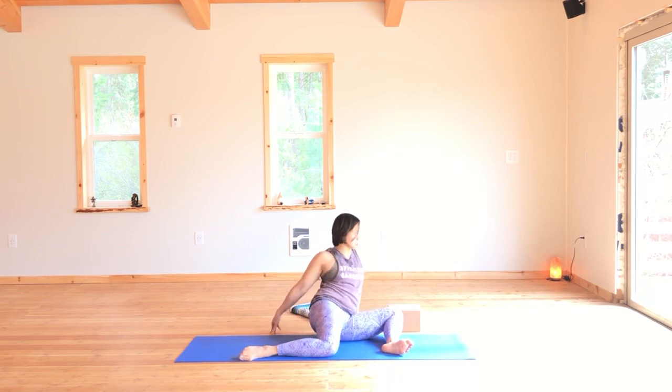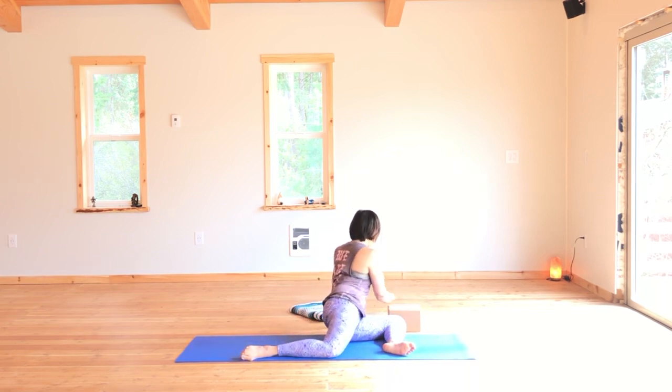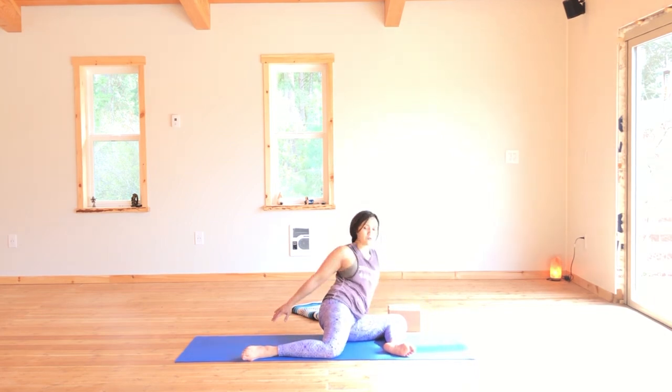Lean to your left hand. You slowly turn your body all the way towards that left hand. So a mild twist here. Keep the spine lifted. Relax through the hip. Relax through the legs. And then on your inhale, turn your body towards the front, lift the knees,